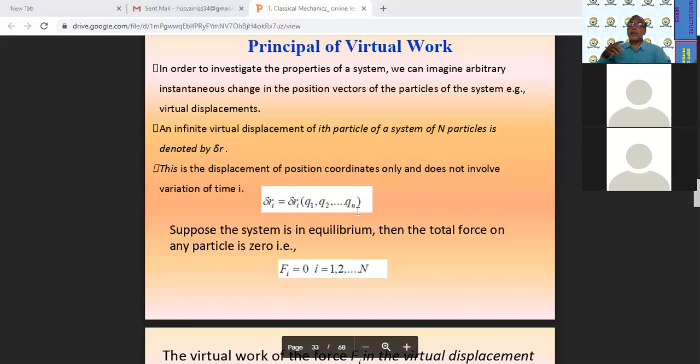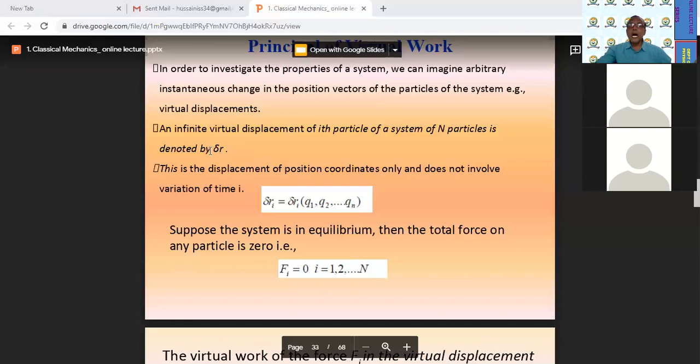And at that time the infinitesimal virtual displacement of the ith particle, 1 2 3 4 बहुत पार्टिकल है, तो ith particle जो कि n particles मौजूद है, सिस्टम में कितने particles है, 1 2 3 4 ith n particles are there. So at that time the infinitesimal virtual displacement of the ith particle can be denoted, पहले particle का displacement is r1, second particle का displacement is r2, third particle is having the displacement r3. That's why that displacement is now called the virtual displacement, because the system is consisting of many particles. Therefore the virtual displacement of the ith particle is denoted by the symbol delta r, isn't it?